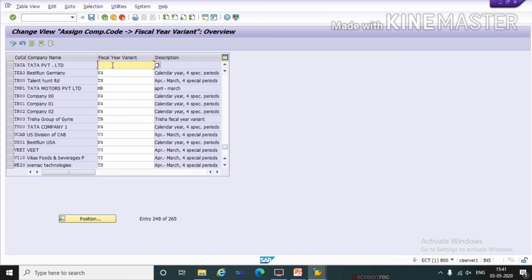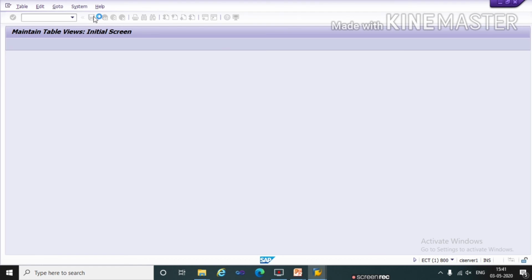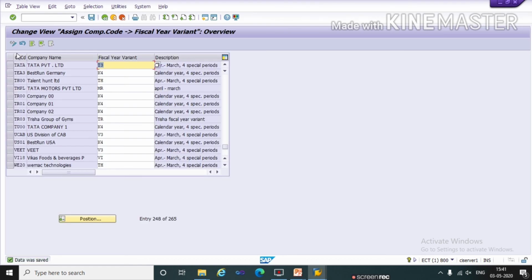Here we have to assign the fiscal year variant which we have created, T3, to our company code Tata, and save. Yes, continue. Data was saved. Now you can see T3 has been assigned to our company code. Here it is mentioned April to March and 4 special posting periods. So like this you can create or copy a fiscal year variant and assign the fiscal year variant.